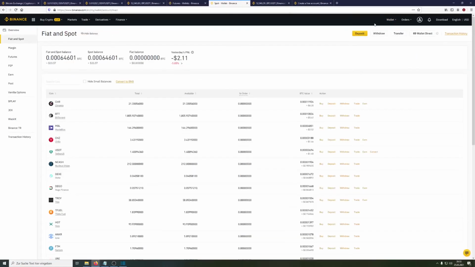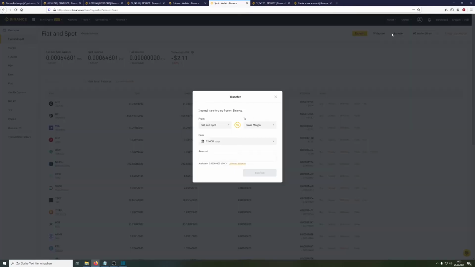It should be said that you can send your money from wallet to wallet at any time without incurring costs. This usually happens within seconds. The different wallets are there as customer protection, because you can use leverage up to 125 times in the Binance Futures area, and your liquidation price is extended until your entire futures wallet is empty if no stop loss